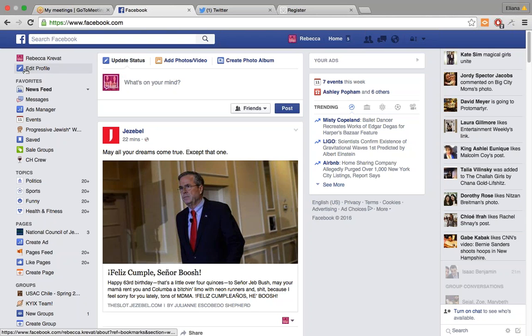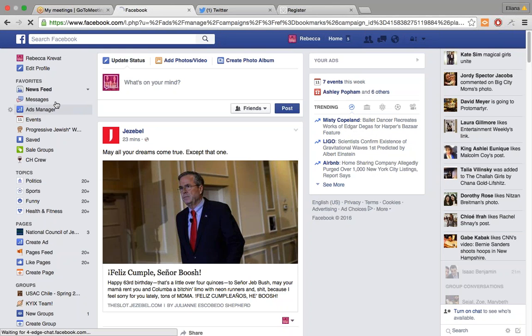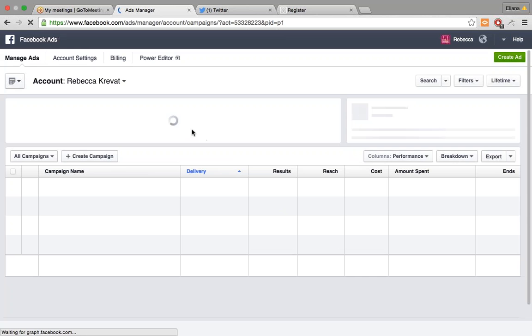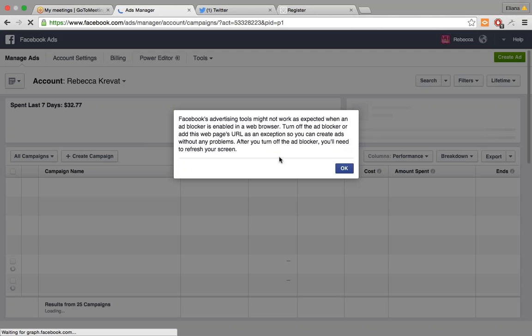Just like having an organizational page, you need to be using your personal Facebook to create an ad. To create an ad, go on the left sidebar underneath where it says Newsfeed and Messages. There you will see Ads Manager. Click on that and it will take you to a page of analytics that we will discuss later. We're loading now, so give it a minute. At the top of the page, you will see